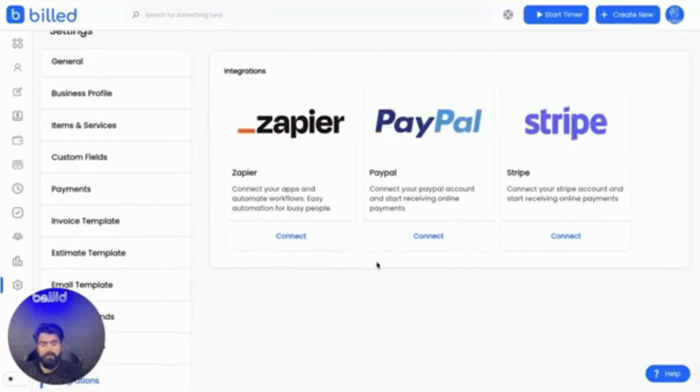So we have three integrations right now: Zapier, PayPal, and Stripe. You can accept payments on your invoices with Stripe and PayPal, and you can connect with any app you want using our Zapier integration. So this was a quick overview